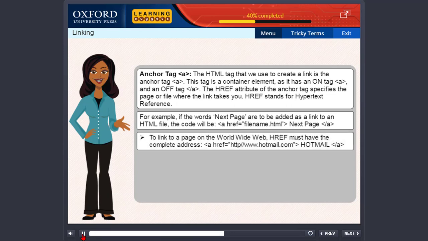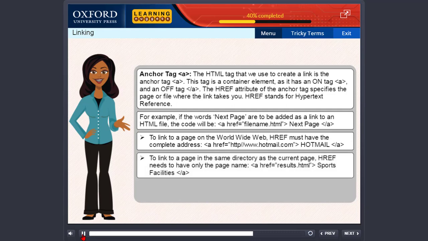To link to a page on the World Wide Web, href must have the complete address: a href equal to http://www.hotmail.com, Hotmail, /a. To link to a page in the same directory as the current page, href needs to have only the